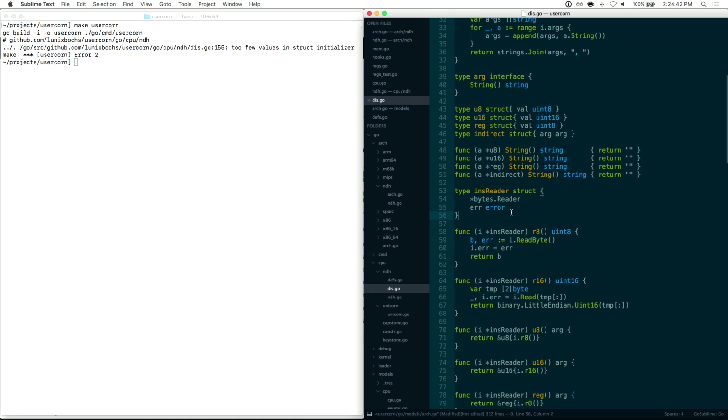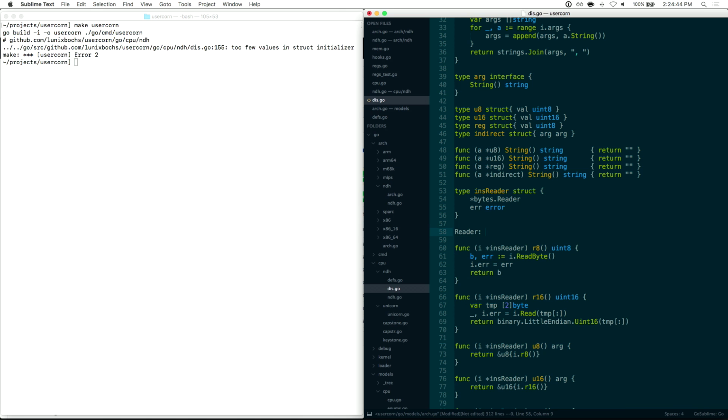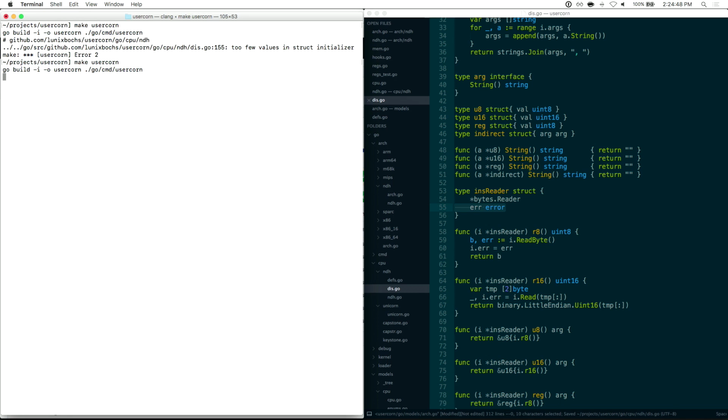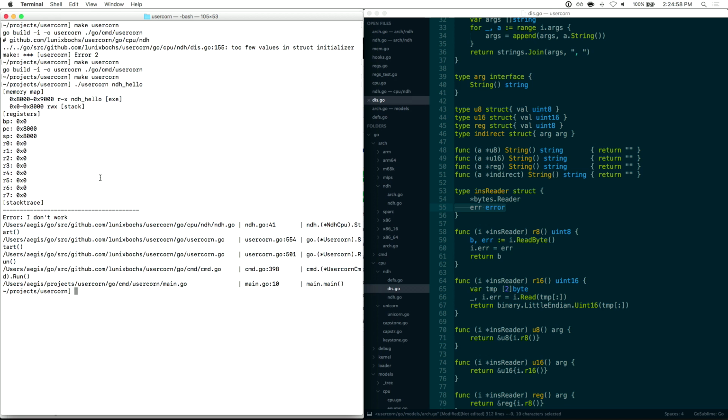If you say reader whatever, you don't have to define error on the type. Oh, oh. All right, and it's gonna fail in the same spot